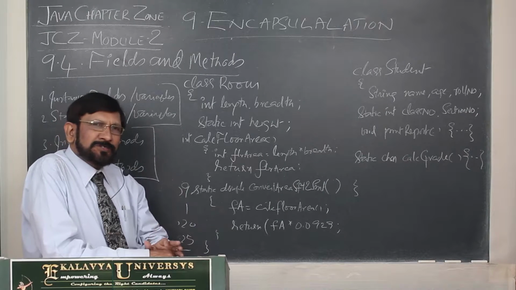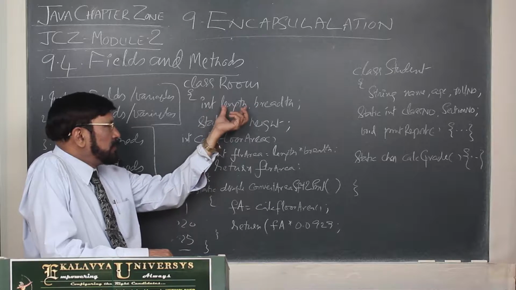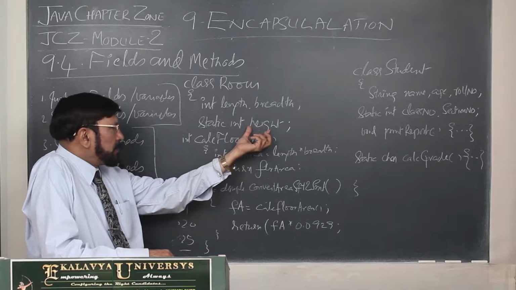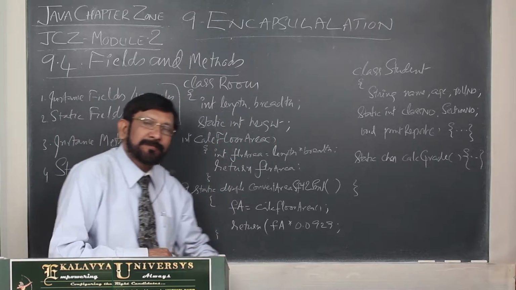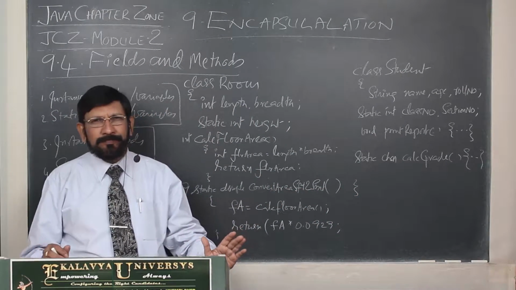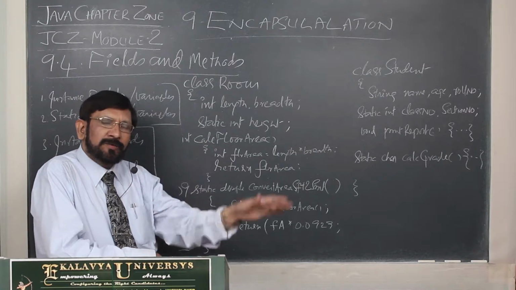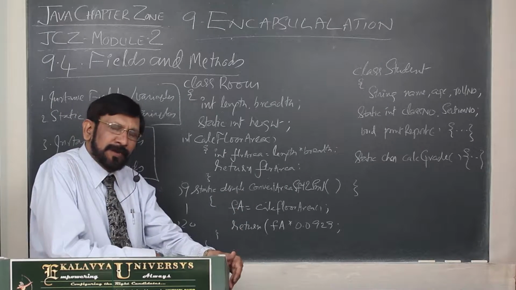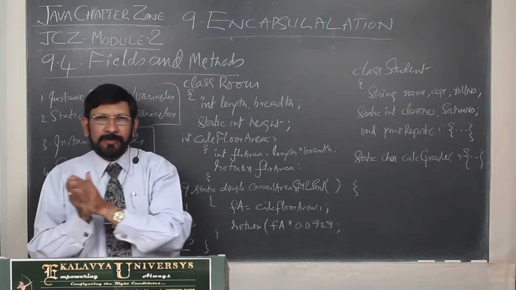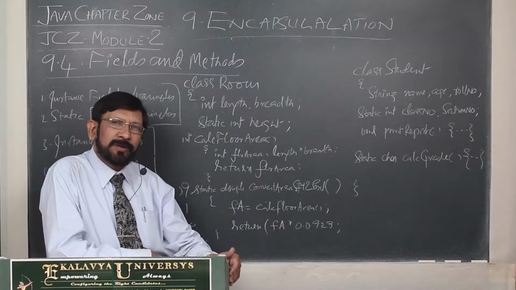Now you must know the logic behind it. Why we have defined length and breadth as instance, and why we have defined height as static. If you take any building, the length and breadth of the rooms are unique. Your drawing room's length and breadth are unique, your kitchen room's length and breadth are unique, your study room's length and breadth are unique, your bedroom's length and breadth are